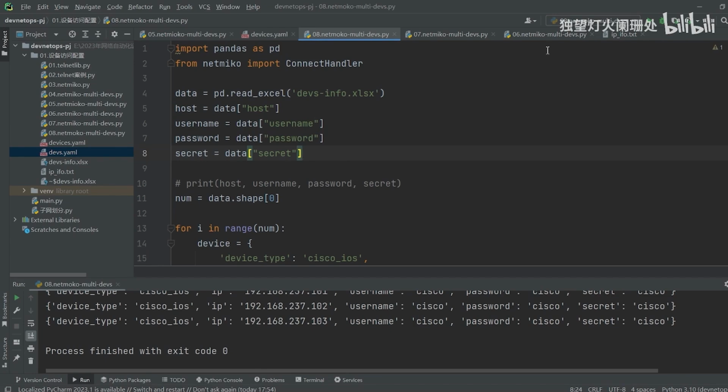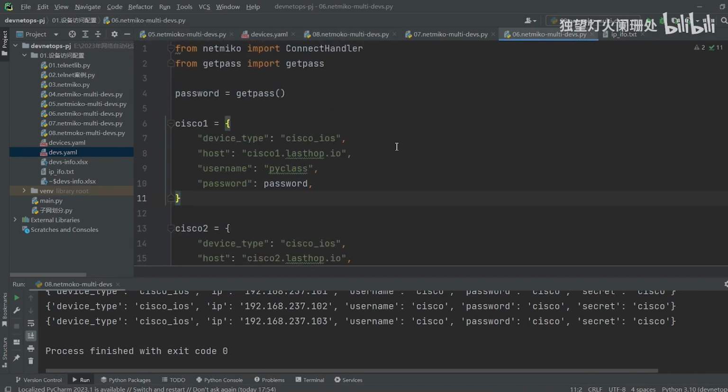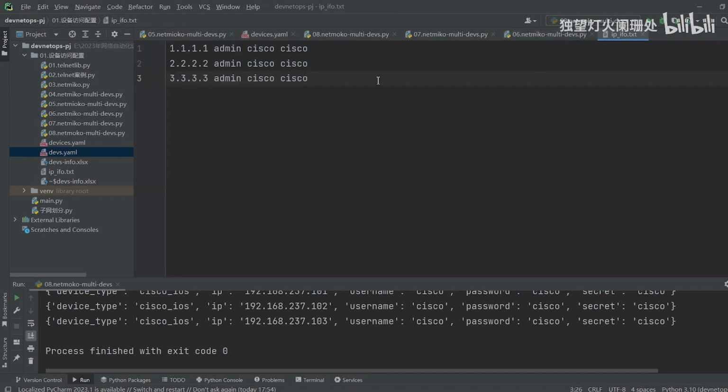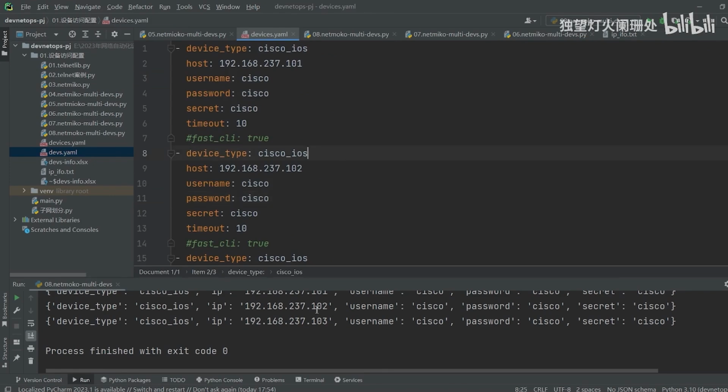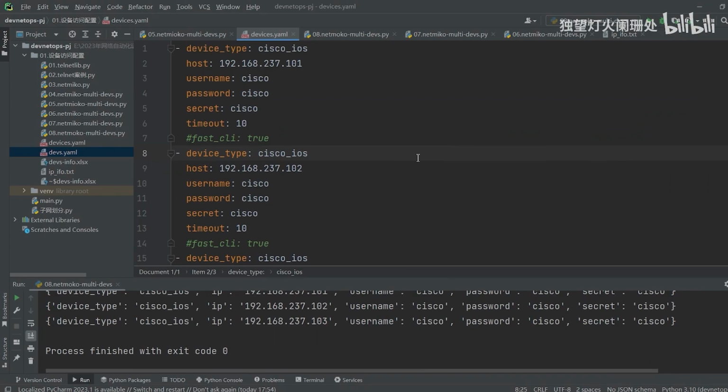Let's review them. The first method is when you have a few devices, you write directly into the Python document. The second method we can write into a TXT file. Then the third method we can write into a YAML file, right? The fourth method we can use an Excel file. The fifth method is that we can also use